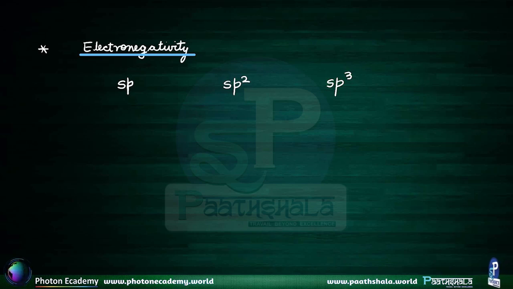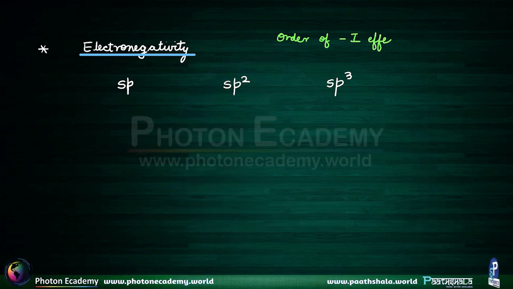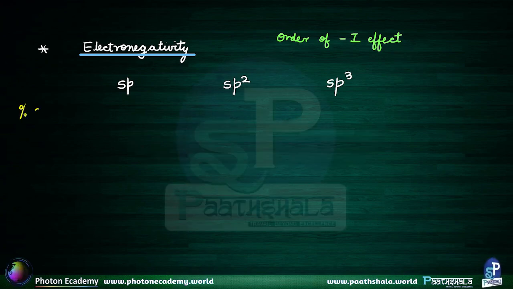Next, we have to tell the order of minus I effect in these three cases. So we have to tell the order of minus I effect. Now, you can see that the three cases are SP, SP2 and SP3. So what we need to do first is I will write the percentage of S character in each one of the cases. So percentage S character,